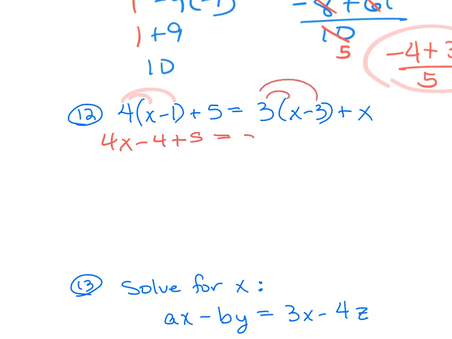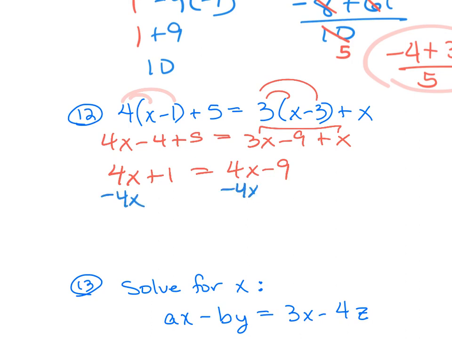Distribute the 3. 3x minus 9. Combine my like terms. So I get 4x plus 1. Over here I can combine my x's and get 4x minus 9. If I try to move my variables together, notice the variables are totally gone, and I'm left with 1 equal